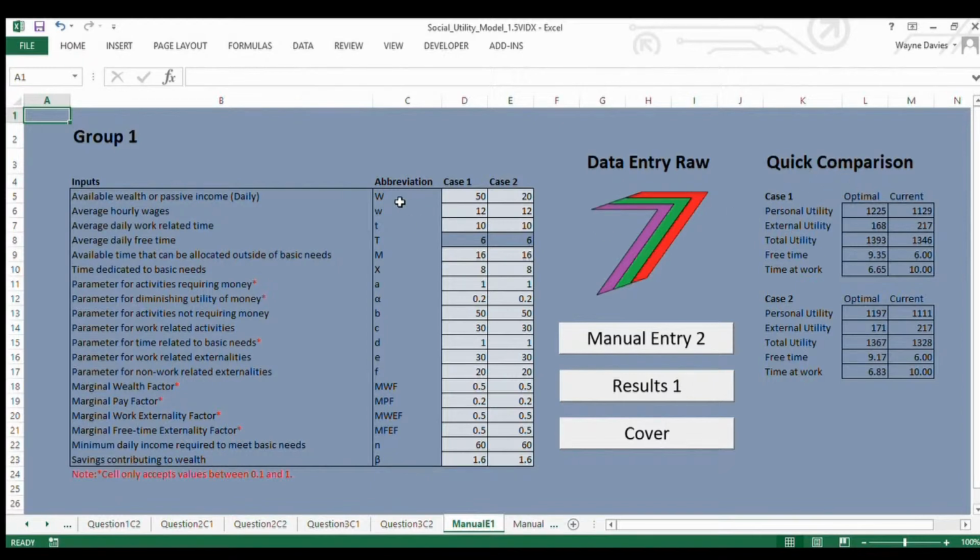So what happens if your wealth drops from 50 down to 20? As you can see, personal utility falls, external utility increases. That's interesting in a sense that most likely you will be working more time. Here we go, time at work. So if you had less wealth, you'd spend more time at work. If you had more wealth, you'd spend less time working, because the desire to work, I guess in this particular